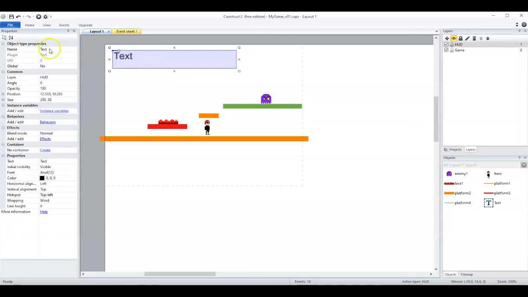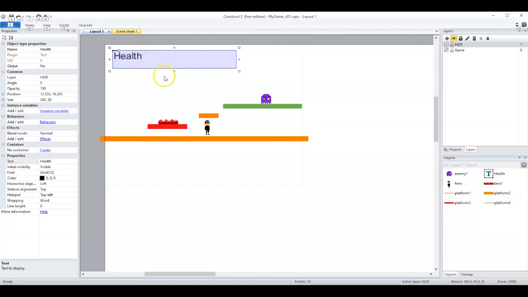And so the name of the text, this is the name of the text object, not the text itself, I'm going to call it health, so that I know what it is on the list of the objects that we have on the project. And here is the text I want to show, which actually is going to be the same. It's going to be health as well. So there you go. We have health here,